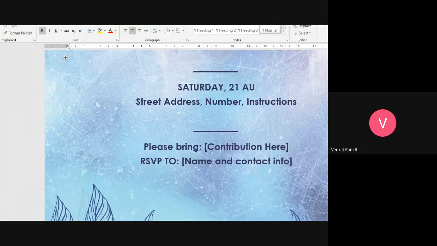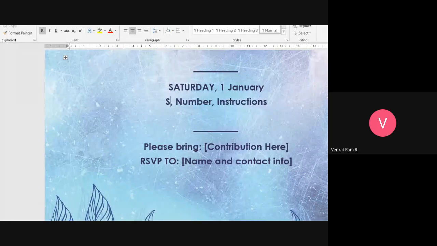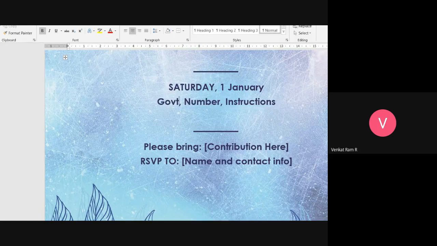Instead of that, I will make it 1st January. Street address, like Government Hospital.